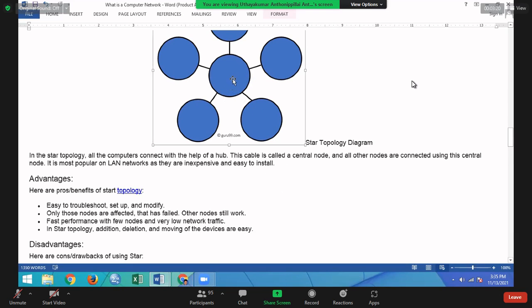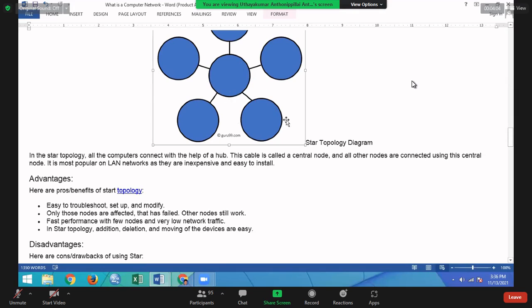Here, say we can denote them as A, B, C, D. The surrounding 5 PCs are denoted by A, B, C, D, E, and the center one is S, right? A wishes to send the mail to C, then A sends the mail to S. S checks which address is denoted in the mail. Then S, being more intelligent, can directly send the message to C. So in this way of sending the file, the traffic is reduced.